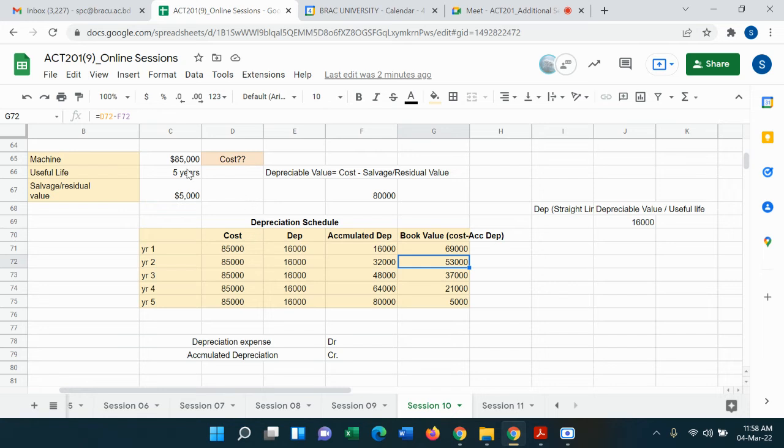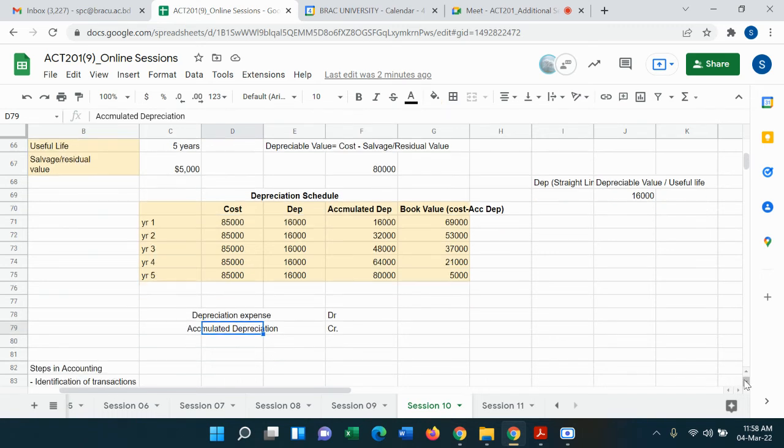And basically we charge depreciation on fixed asset, considering that the value of the fixed asset reduced with its consumption or use. But in accounting, we do not reduce the value of the asset directly, but somehow we have to reduce the value of the asset. That's why we created this accumulated depreciation account. So whenever we are charging depreciation, the